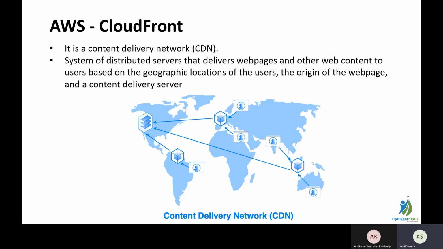So for example, I am sitting in India, and I am hosting a web application server in the US, right? And there is only one server currently in the US region. My user base is across the globe. So a user in India will access that website, and a user sitting in Australia will also access that website. When I request that web page, it will take some time based on the region, because my request is traveling from India to the US just to grab that information from the application.